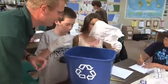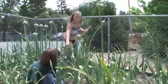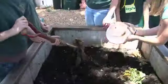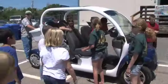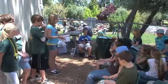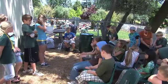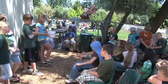Among other eco-friendly subjects studied include the reuse and recycling of most used materials, the planting of organic gardens, and the uses of rainwater harvesting and worm composting in the soil, the understanding of other alternative sources of generating power and electricity, and getting a first-hand look at some of the new and innovative modes of transportation, such as all-electric automobiles. These kids are given a real opportunity to actually see, understand, and learn from real-life applications, which gives them a much stronger sense of the world around them and a better appreciation for the future and its environmental impact